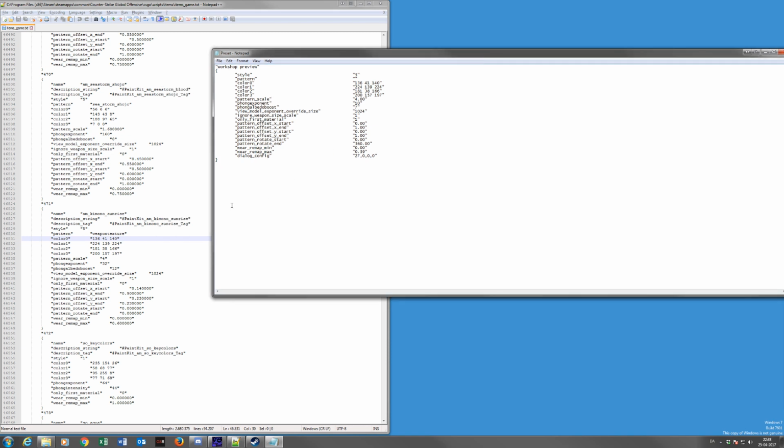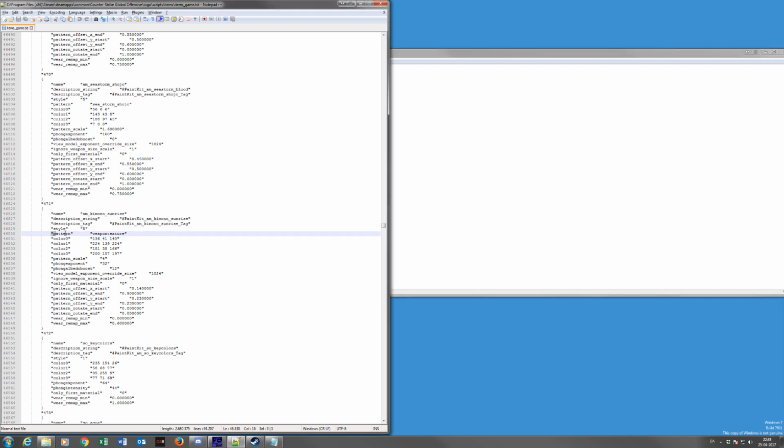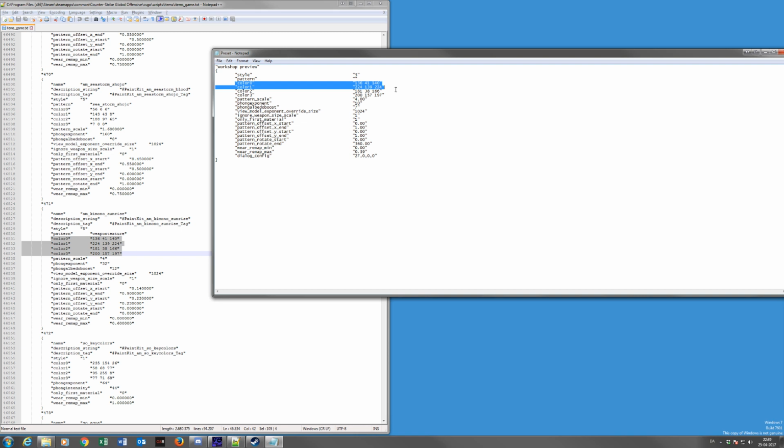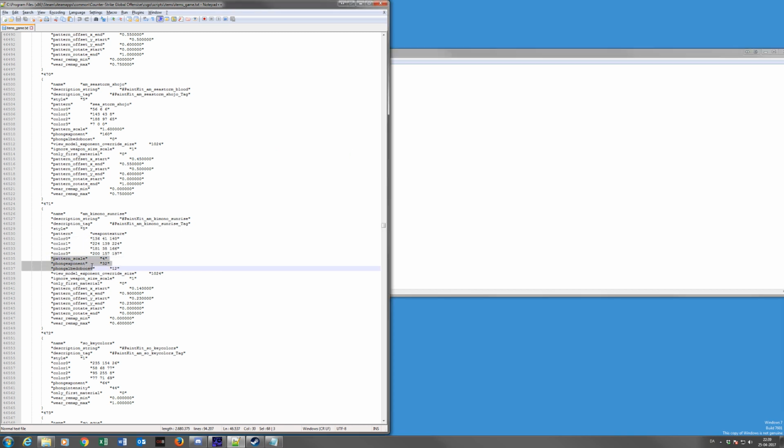So the important thing is that you change this pattern here, the style has to be the same and the colors have to match. So mine matches what I exported from the workshop, and also the pattern scale, the Fresnel exponent, Fresnel B2 boost has to be the same. And for me, the ignore weapon size scale had to be the same as well. All these offsets here, it could be cool to change these into something more interesting. So maybe you could change some of these values to something else, and your pattern would look different